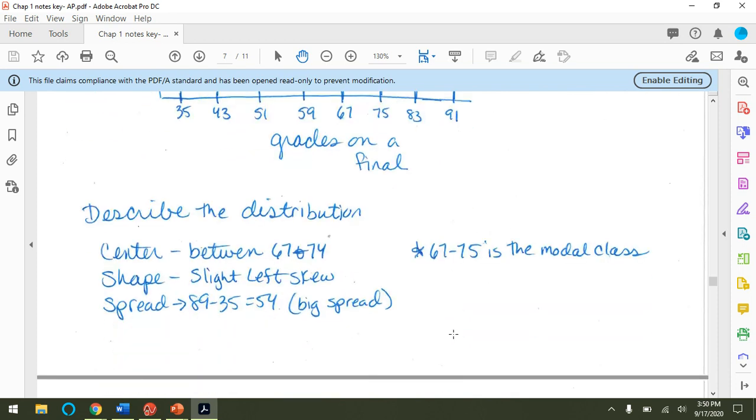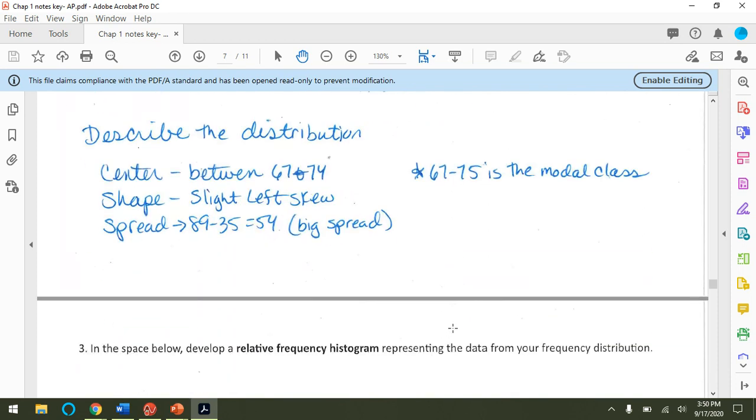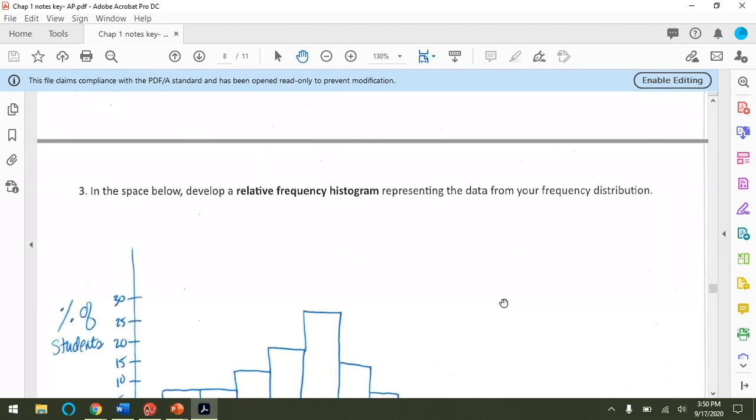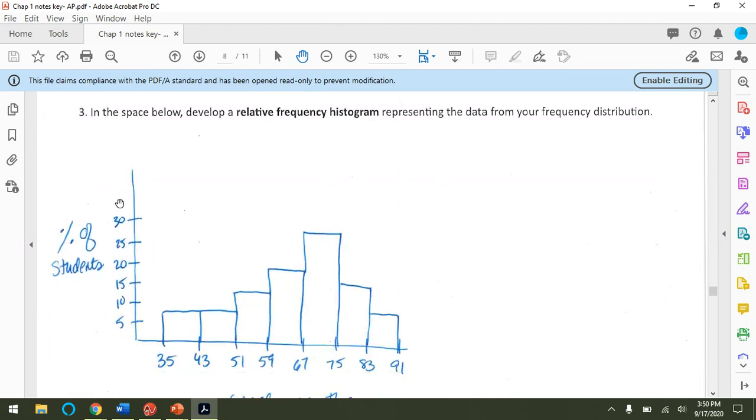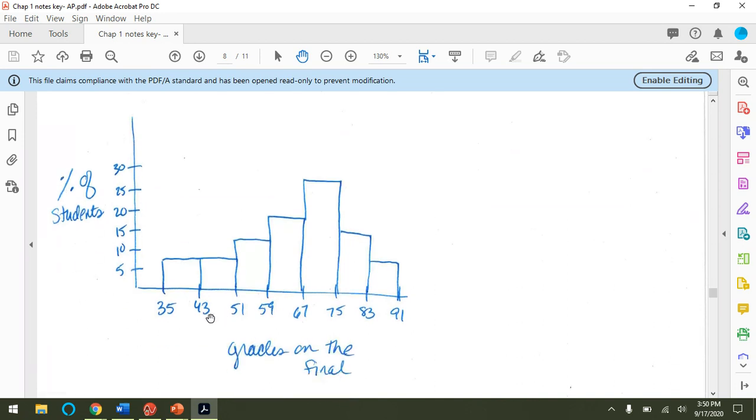When you go to make the next graph, it asks you to develop a relative frequency histogram. So it's asking you to deal with the relative frequencies, which are your percentages. Notice the x-axis stays the same. The y-axis changes to percentages, but the shape of the graph is identical because proportionally, this is 2 out of